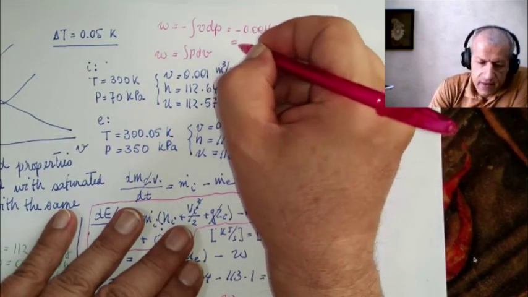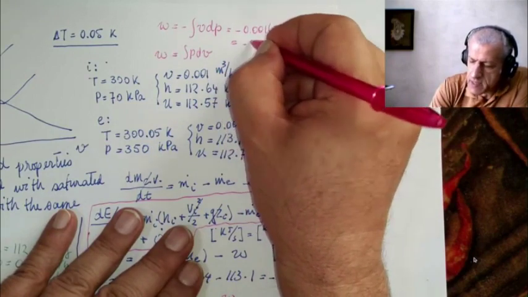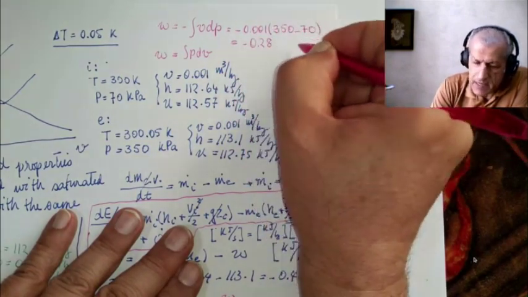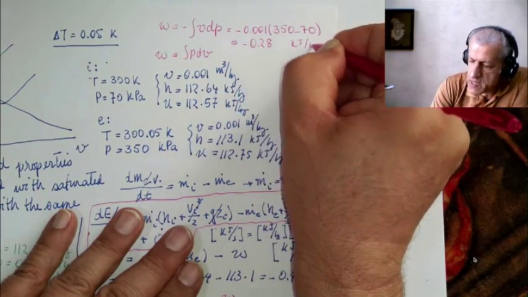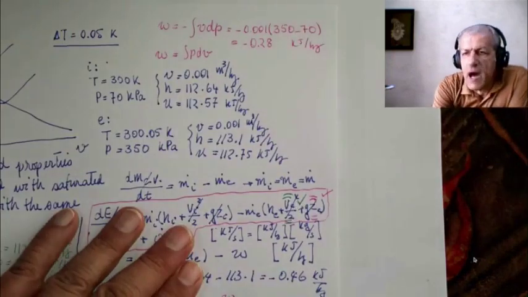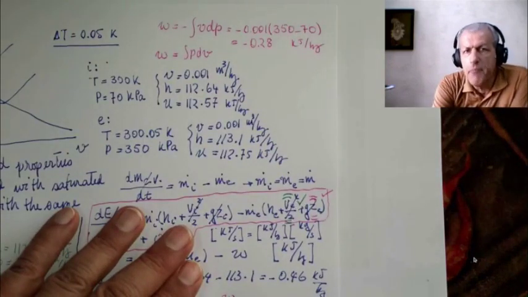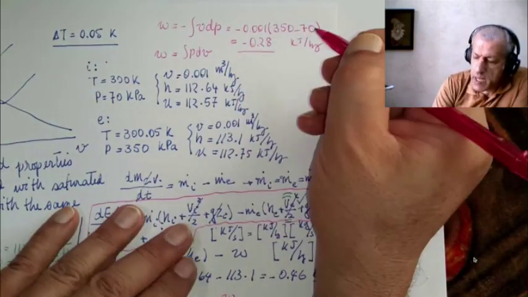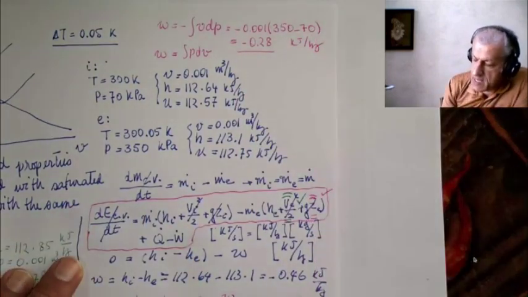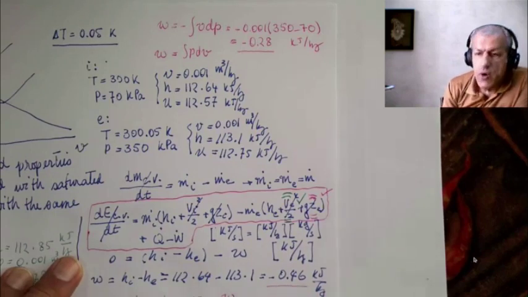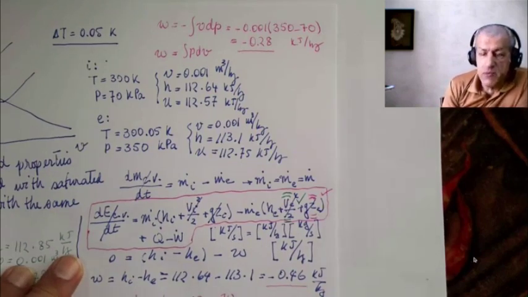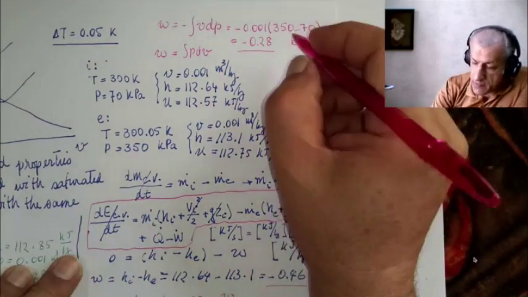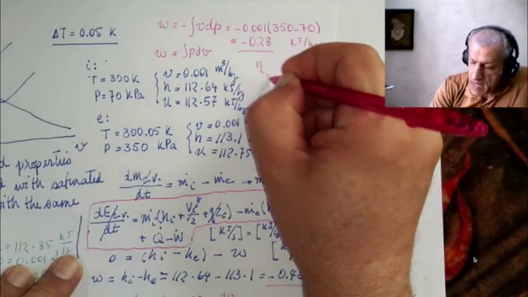And the answer we get from this is minus 0.28 kilojoules per kilogram. So the ideal pump, which could do such duty, would need a work of 0.28 kilojoules per kilogram instead of 0.46 kilojoules per kilogram. And what they define is the isentropic